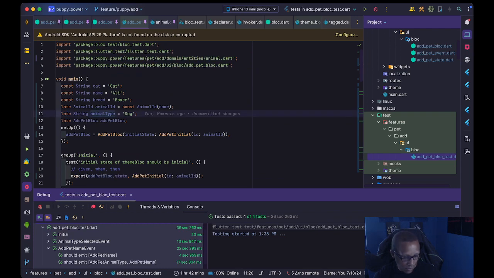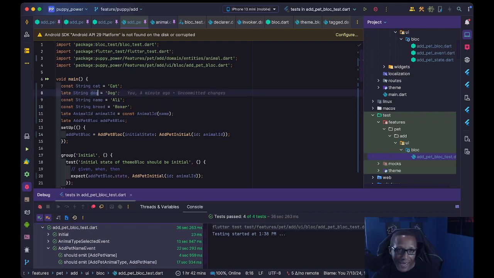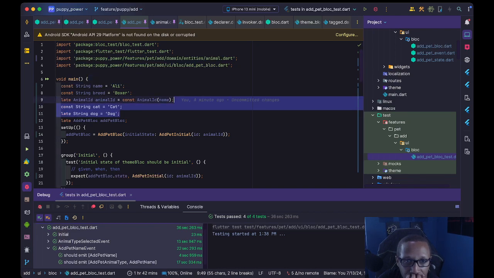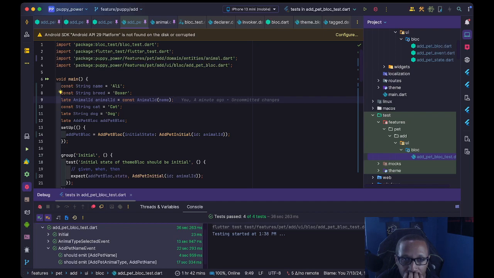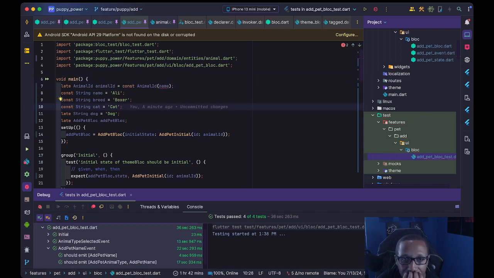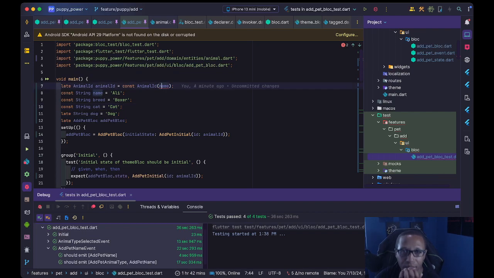Animal type no longer has to be animal type. This can just be dog. And then we can move cat and dog up. Those are actually less important information about everything. Here we go. The name has to be configured before we... That's weird to me, actually. I feel like I should be able to do that. I know that that means that I can't use that. So let's change this to